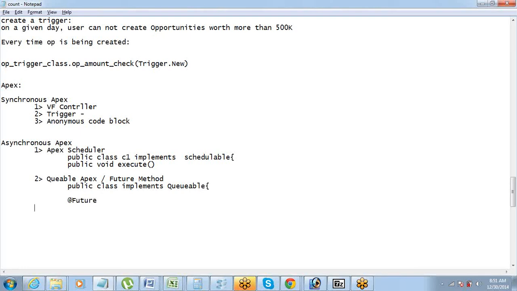So before you write a future method, you should use an at future annotation, like public void something, right? Now for a method where you have given a future annotation, if it is not able to be executed at this point of time because of the lack of resources from the Salesforce side, it will get in the queue. Instead of this method getting cancelled, it gets in the queue.